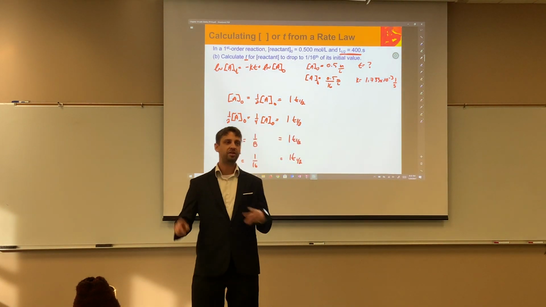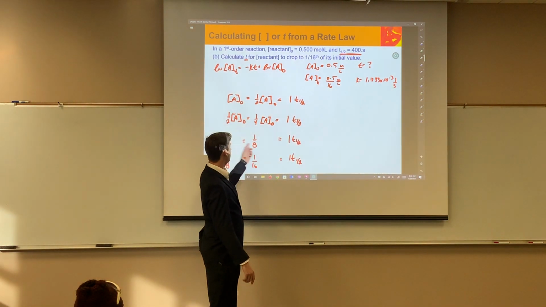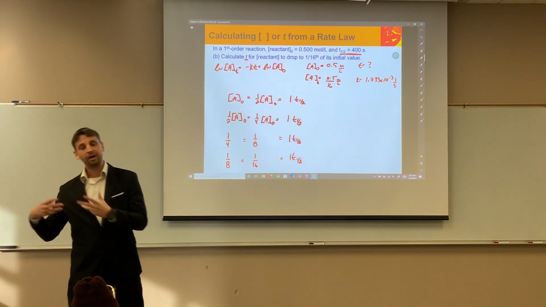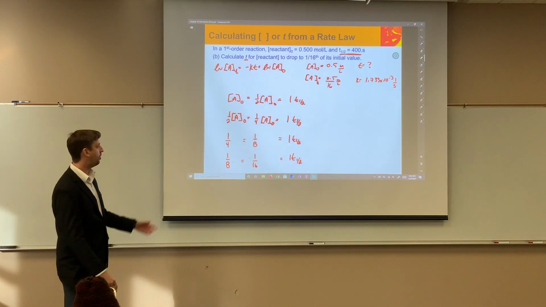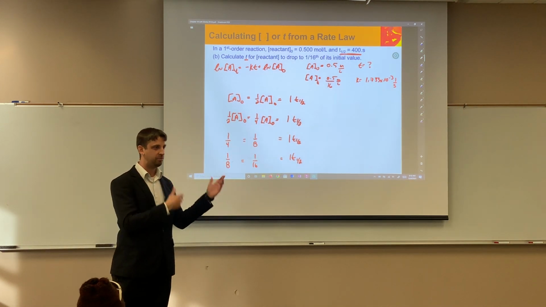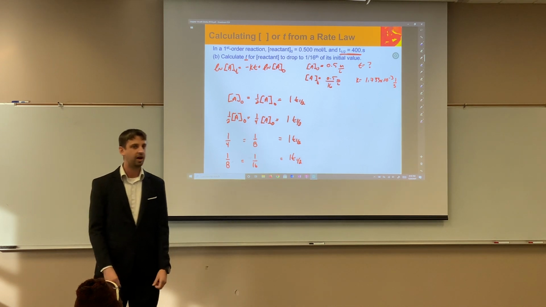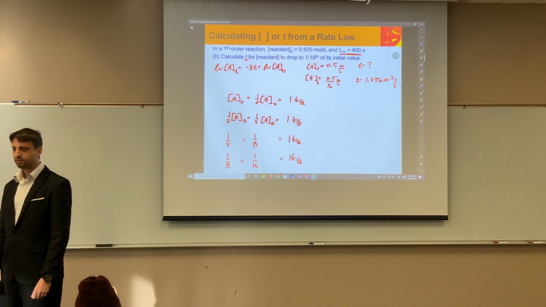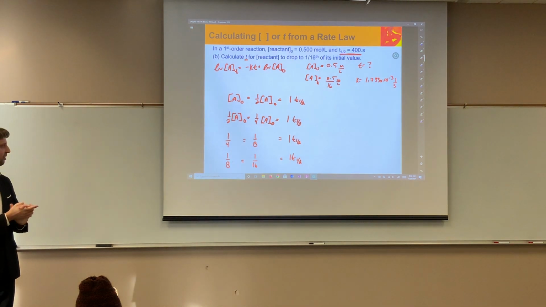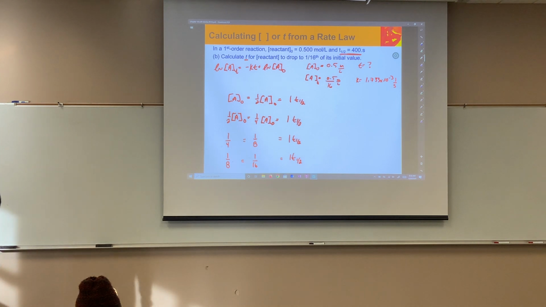Now understand that this only works when we have halves each time, because this is a half-life. If I ask you for a 15th of the initial concentration, then we would have to approach it the other way. So don't forget, this is just one of these special instances of how this works out. Makes life a little bit easier. Good?